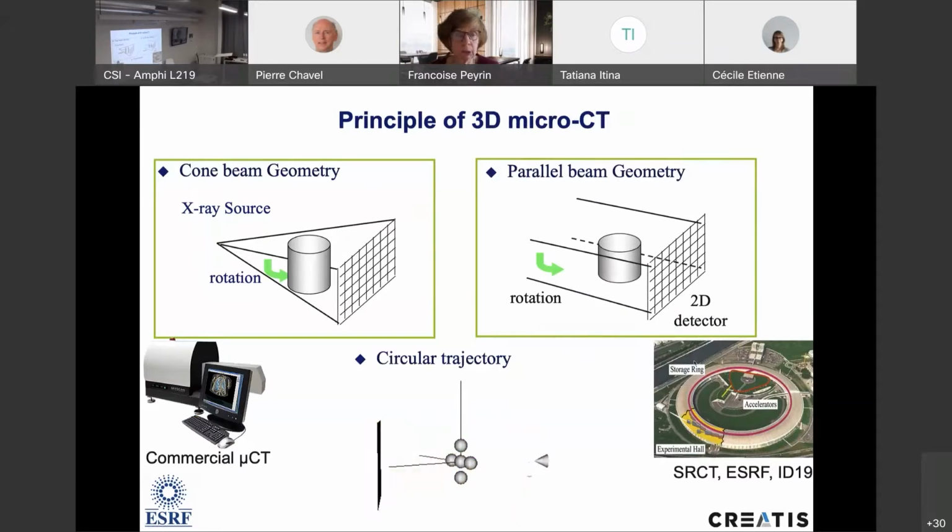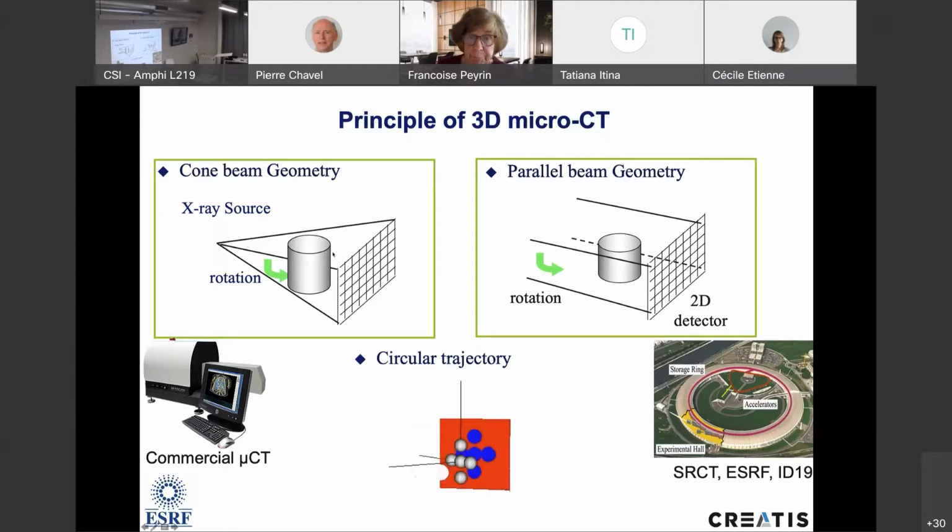objects or small animals. So in the years 2000, it was more and more important to image, for instance, mice because of the development of genetic, genomic, and so on. And people want to look at mice, and the conventional clinical CT were not adapted for this purpose. And also, you can look at small biopsies, for instance, and again, the clinical CT is not adapted because it's not the same range of spatial resolution. Then the 3D micro CT technique began.